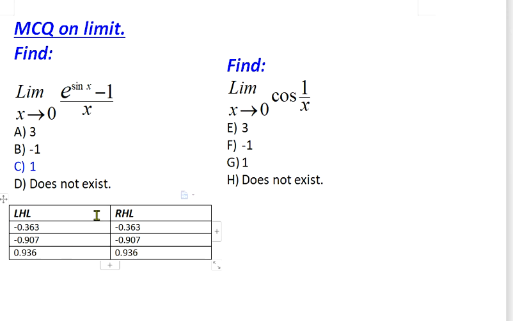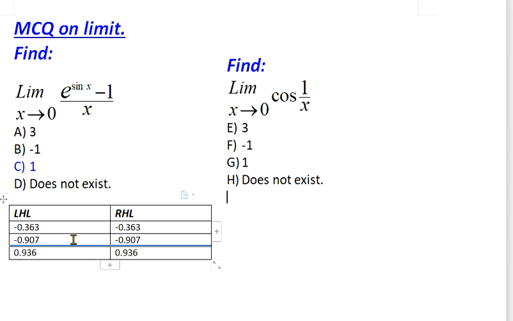Let's observe this table of limiting values. This is the table of limiting values at different values of x very close to 0. By observing these limiting values, they are different from each other. Here we can see they are not converging to a single point. They are diverging here. They are not converging to a single value. So the limit does not exist.